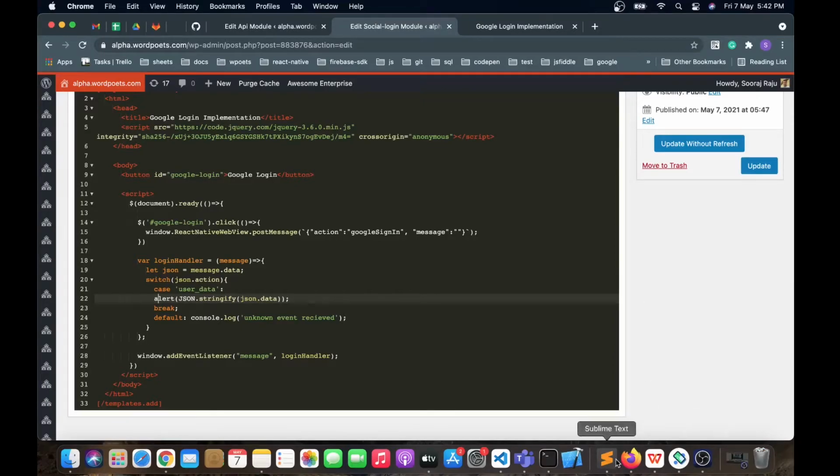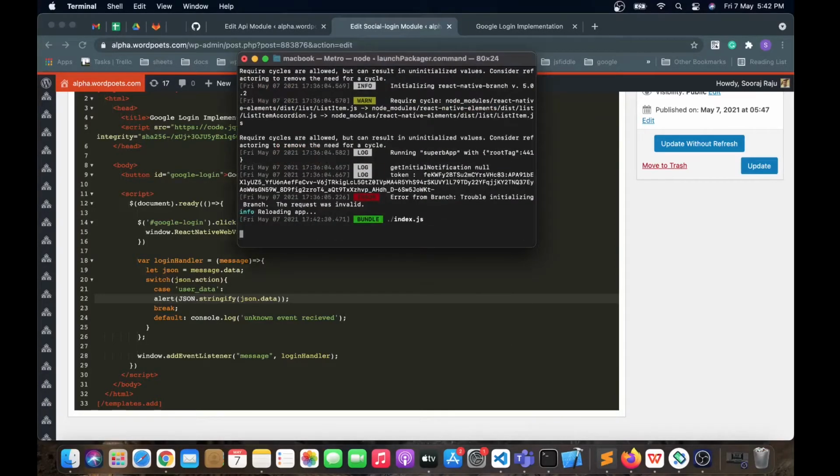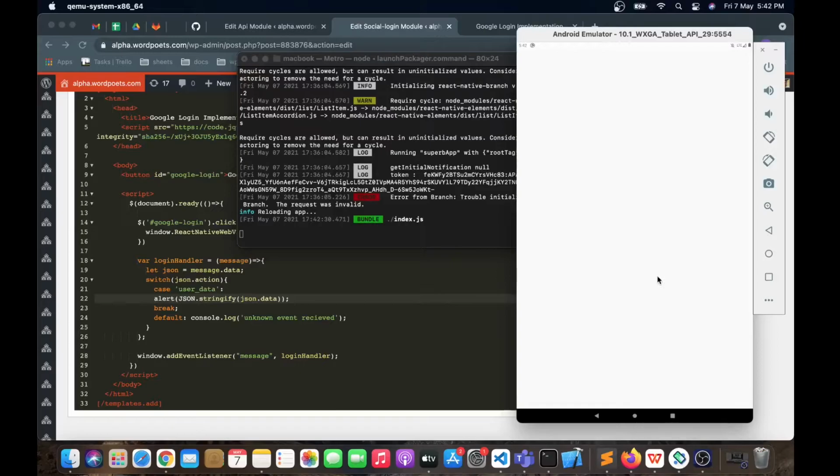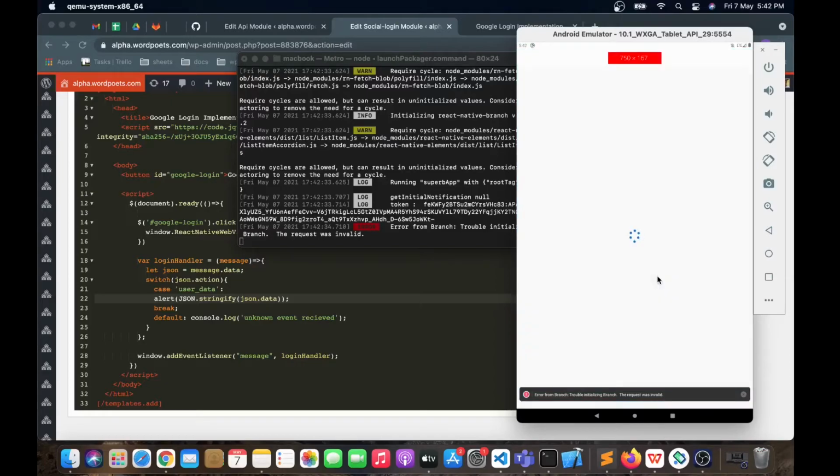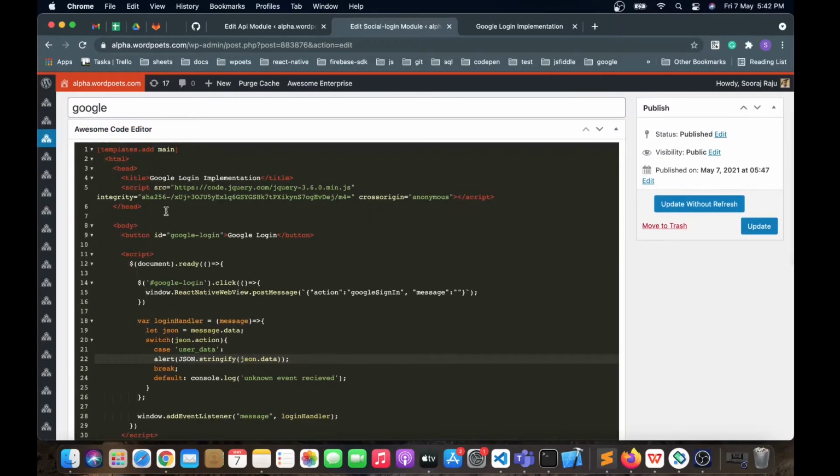We can simply reload our application. I think you can see this Google login button. It looks very small, so let me add some simple style.